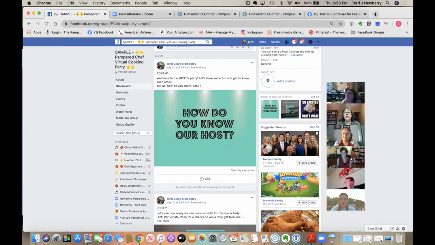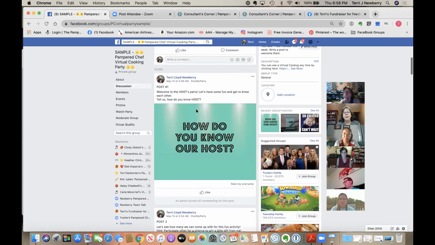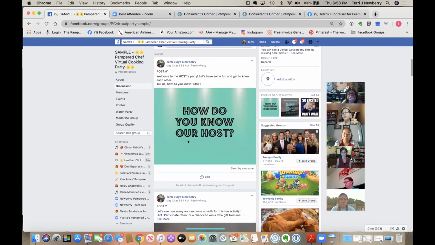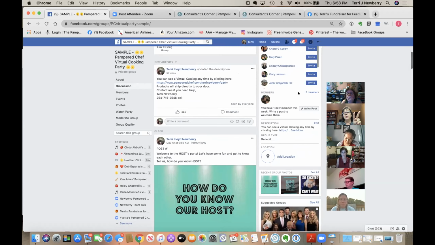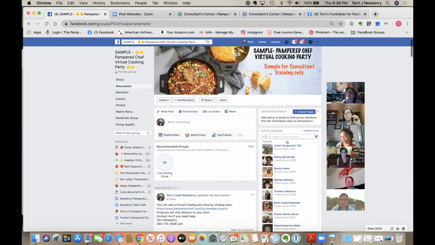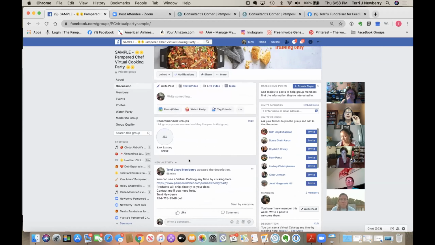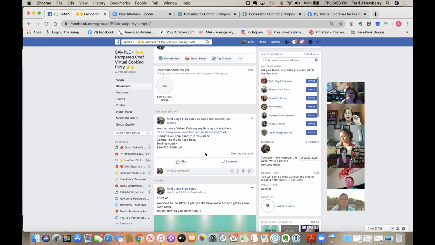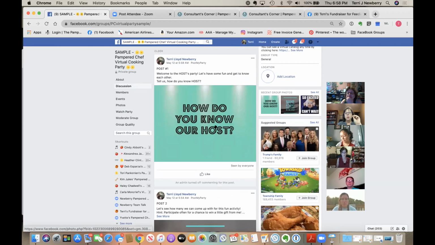So what we really want to have happen is we want to have interactive posts for the first 2 days of the party as the host is adding people to the group. And your host is going to add people to the group by the invite button, over here, invite members. She's going to add customers there by inviting people to join. So when she invites them to join, you want them right away to see something that's interactive.